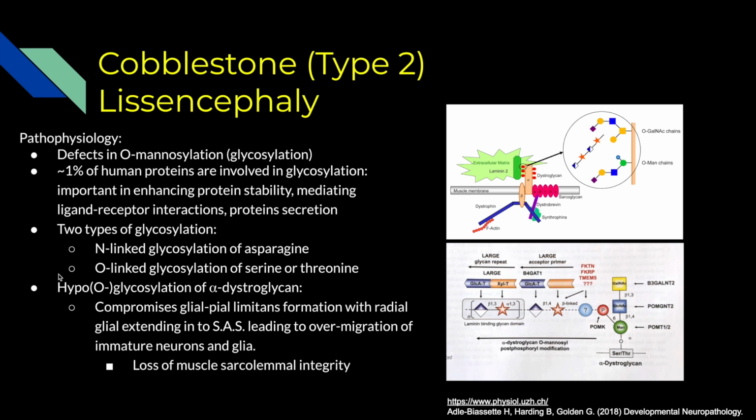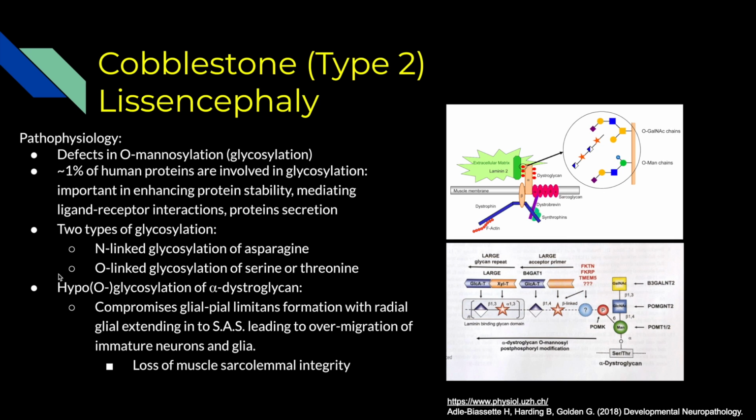There's two types of glycosylation. There's N-linked glycosylation of asparagine, and then there's O-linked glycosylation of serine and threonine. And really, it's the O-linked that's the problem in this disease. And specifically, O-linked is a very specific modification affecting a select number of proteins, and one of those proteins is this alpha-dystroglycan protein